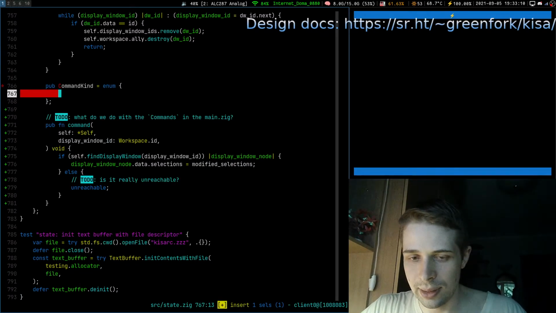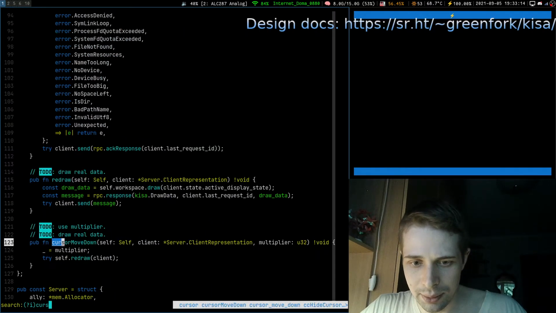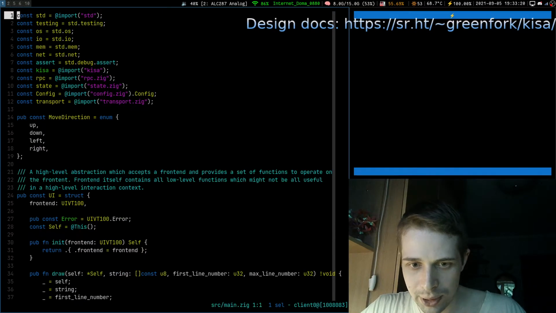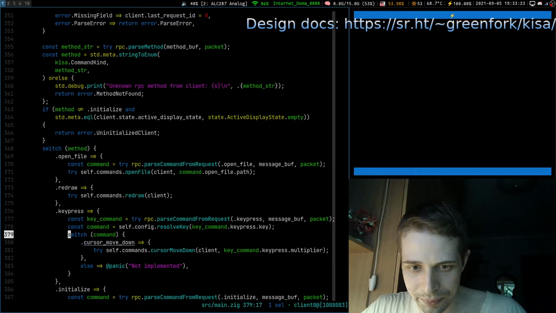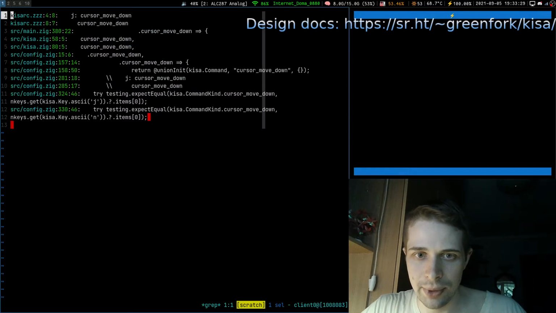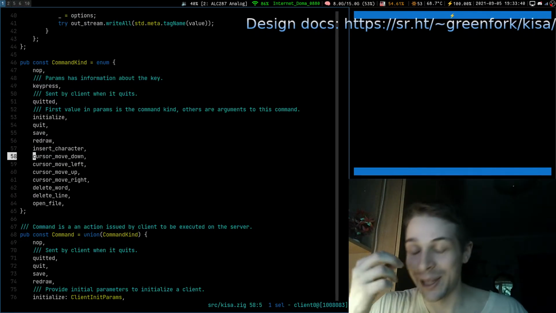Do we have some kind of cursor move down? What is it? Cursor move down is somewhere. Where is it? Let's take a look. We use grep for that. Config and command kind. Oh, we already have command kind.